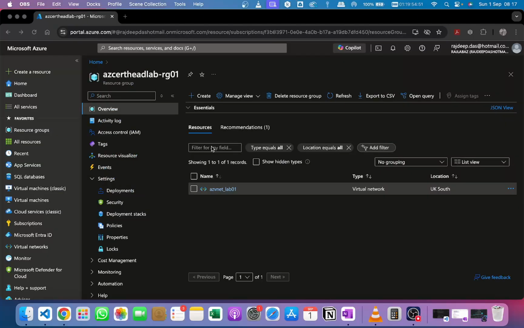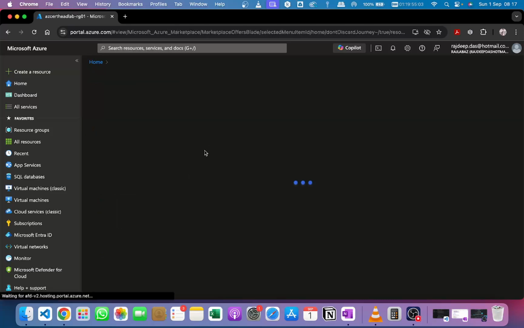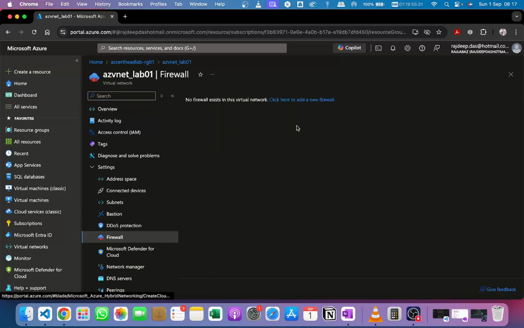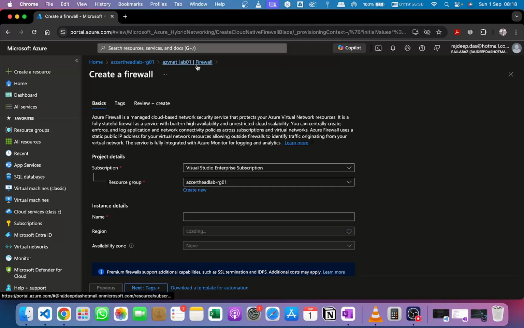Okay folks, we learned a lot about firewalls, we learned a lot about UDRs. Let's try to put that in practice. Let's have a demo and we'll try to create Azure Firewall and we'll see how it is done. We'll go to the Azure Vnet and you will see an Azure Firewall option here. We'll click on that. We'll click on add a new firewall. Now before I go ahead and show you how